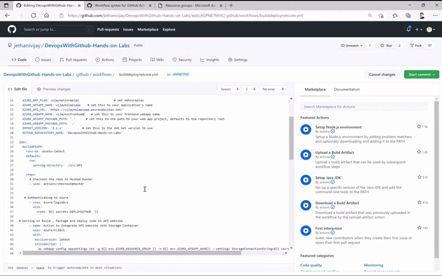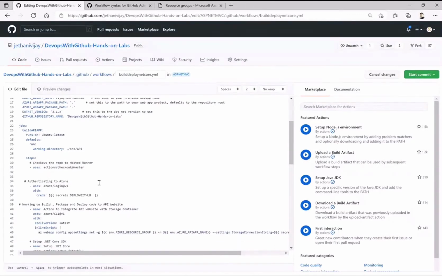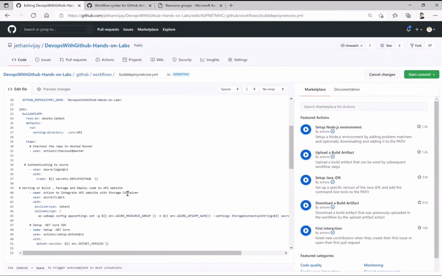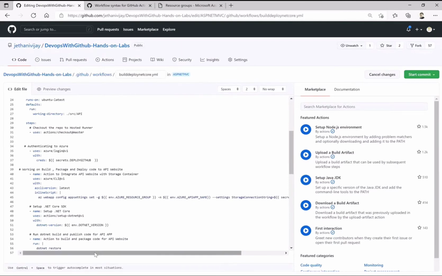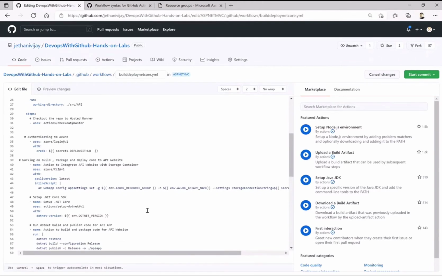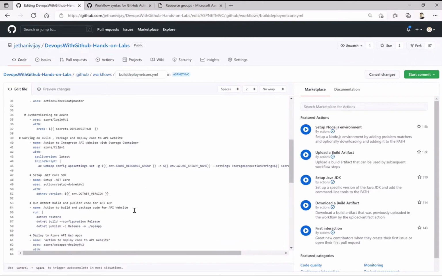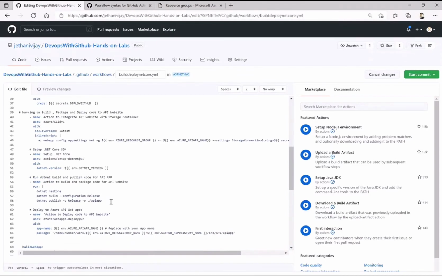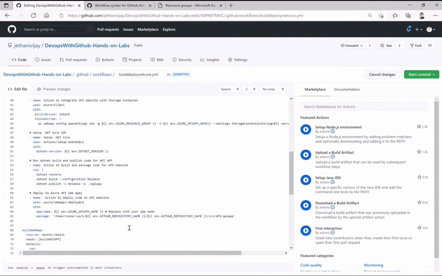So again, now I have a job which builds the API app. This will go on building that particular API app, and it will connect to my Azure using my service principal, and then also update the configuration settings, which it should pull from a storage connection string. This we have to do. So bear with me for this. I have to show you how you will update this particular secret. So it will also update our storage connection string. Then it is going to build that particular .NET Core code and create an artifact out of it in the API app, which I will then use to deploy to